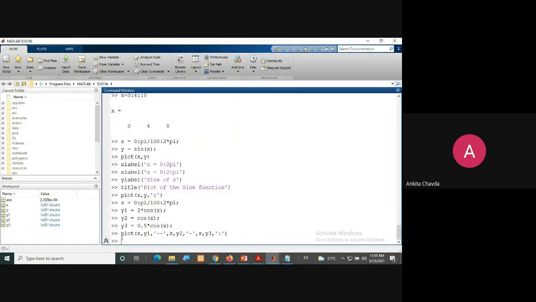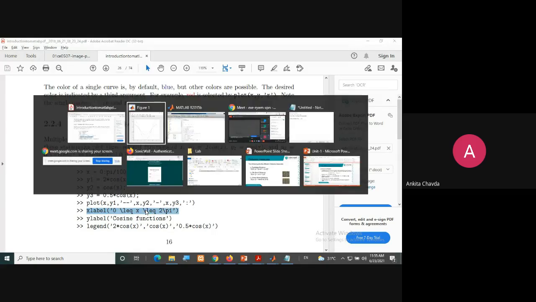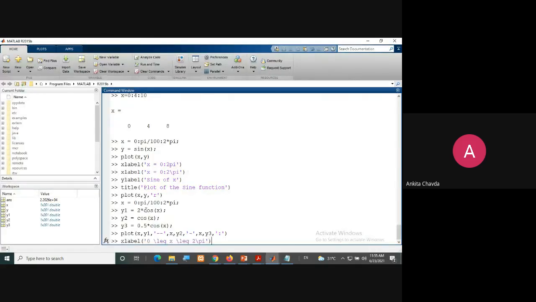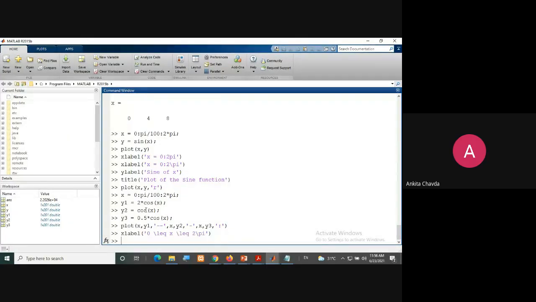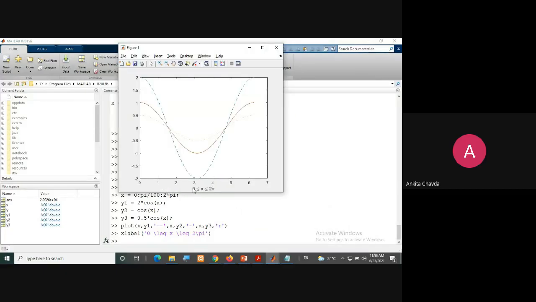Okay, then this x label, which is not working with Octave, but you can see LEQ means less than and equal to. So it's just showing you the sign in the x label that this x value is between 0 to 2 pi. To print that less than or equal to sign, I'm using this slash LEQ. I hope it is clear. Okay, so this is for your x-axis.